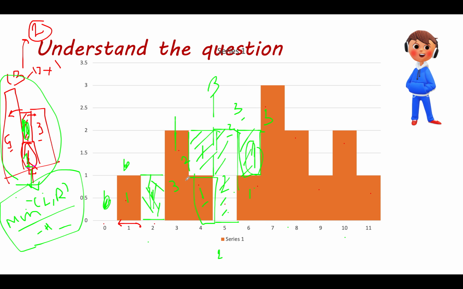unit, this was of 1 unit, and I am not writing everything, I am just writing the ones that actually contribute to the area. The leftmost boundary for this particular index is 3, this one. The rightmost boundary is 2. The minimum of these two is 2, and the height of the current bar is 1. So 2 minus 1 is 1. The area is 1. And when we have added these areas, 1 plus 1 plus 2 plus 1 plus 1, the total comes out to be 6, which is as expected.